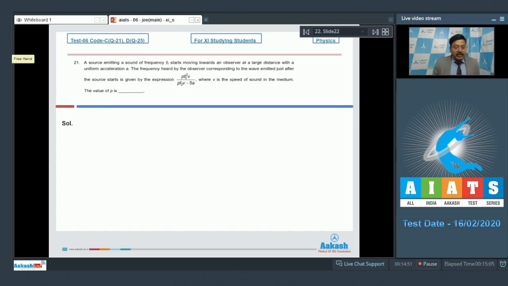So here the situation is something like this. Let's say the source starts from here, and here is the observer at a large distance, and let's say the source has started moving at time t equal to 0. Let's say this distance was d. So if at time t equal to 0 the source has started moving, and let's also assume that at t equal